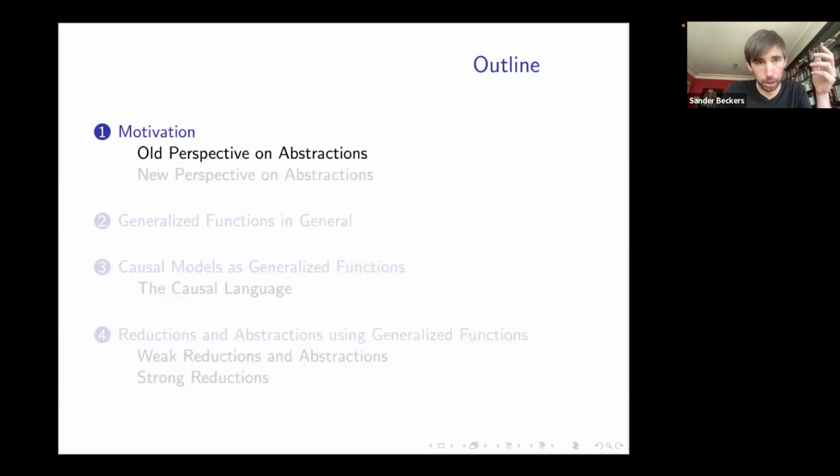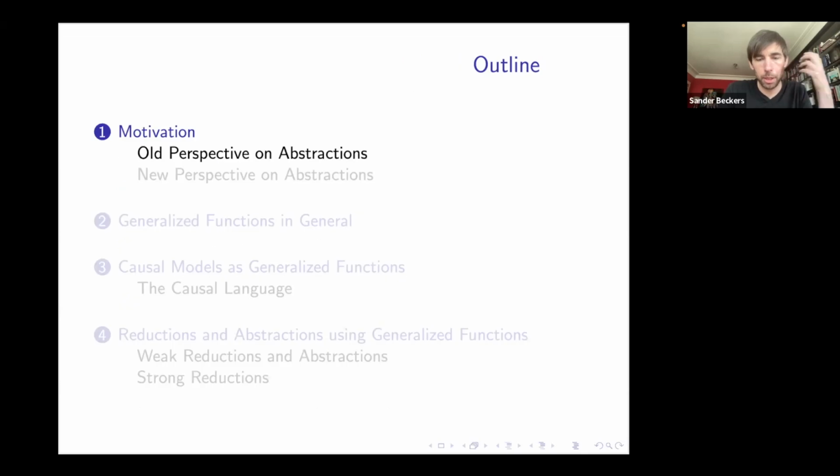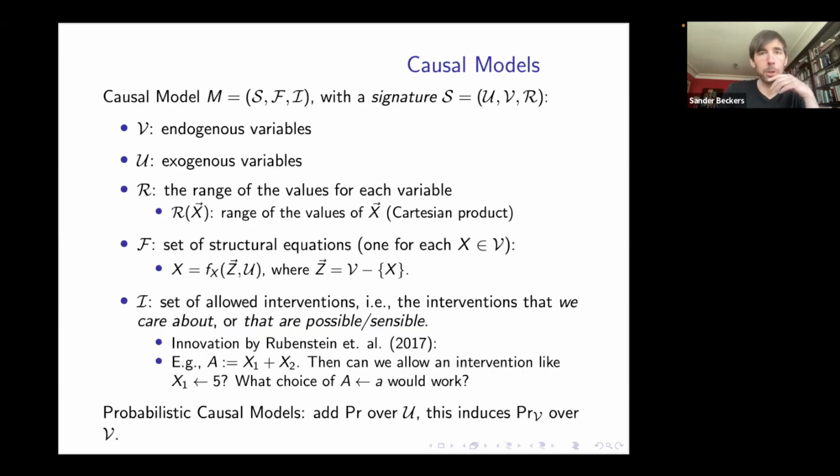So I'm going to present what I took to be the perspective on abstractions in those 3 papers, and also how it was seen by many people. And I'll try to then move towards how we can see it in a new way by using generalized functions, and try to motivate why that's a sensible thing to do, why to shift from the old perspective to the new. So I'm going to go very quickly through this because, at least here, there's an audience where I can assume that you're somewhat familiar with this.